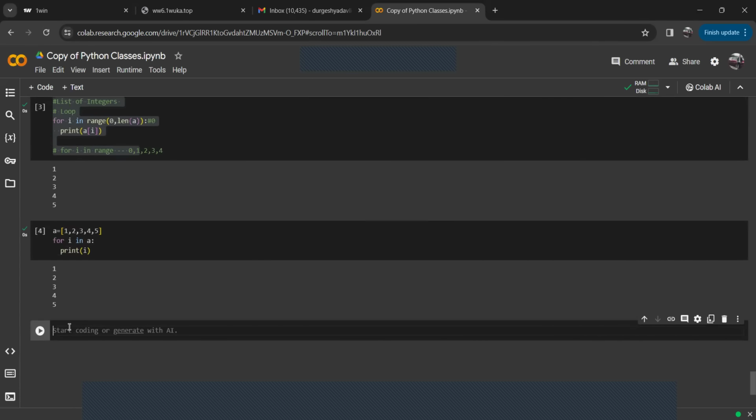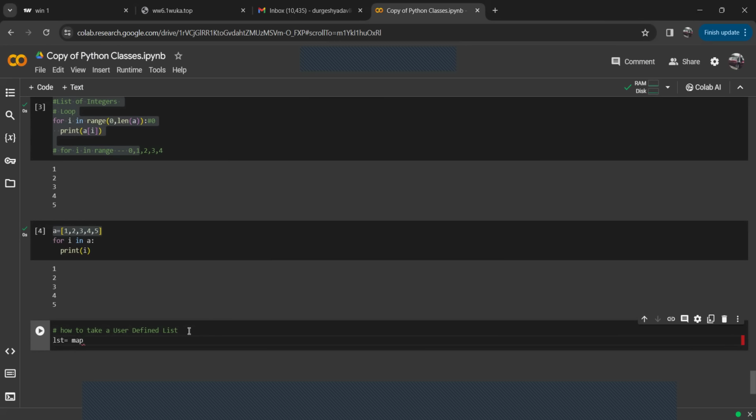So now I will tell you how to take a user defined list. Till now, what we are doing is we are creating a list on our own. Now we will not create a list on our own. Now we will try to take an input from the user and that input will be in the form of a list. So I have given a variable lst to my list. Now what I will do is I will write